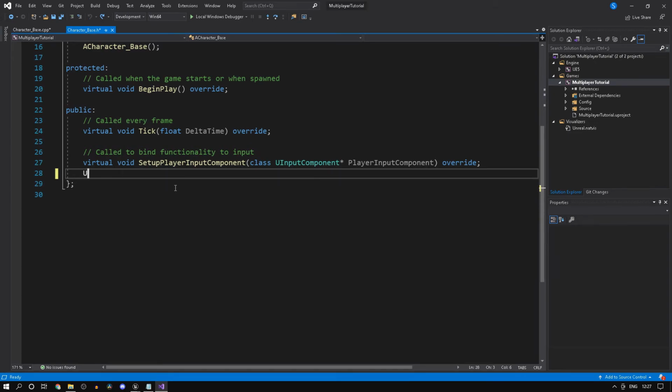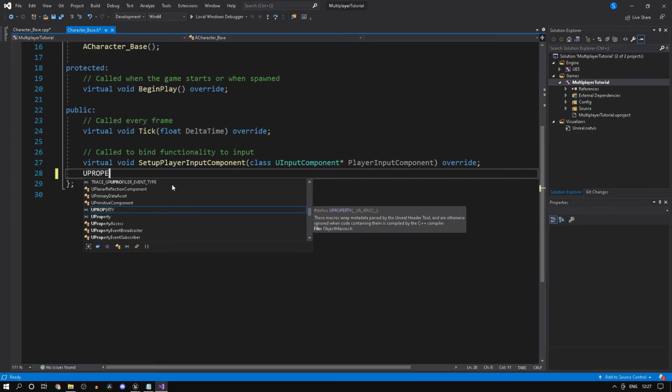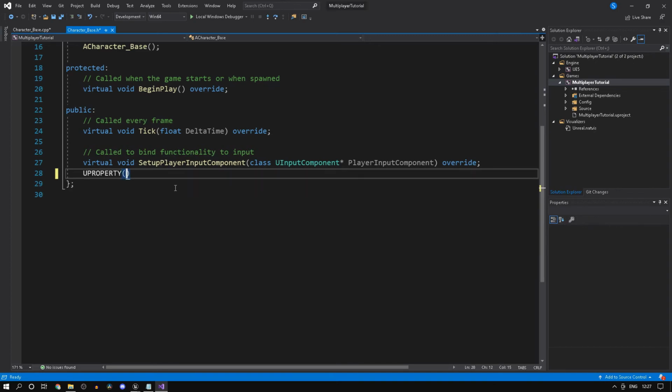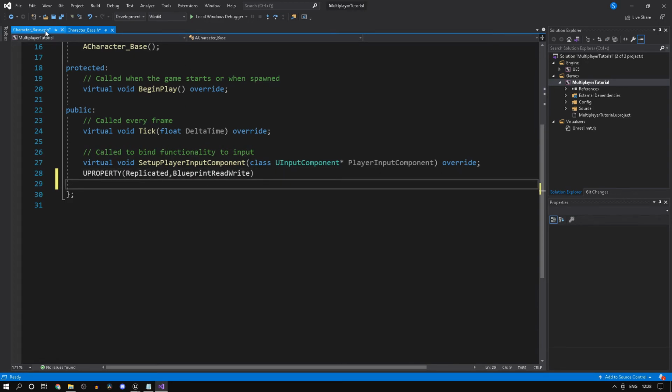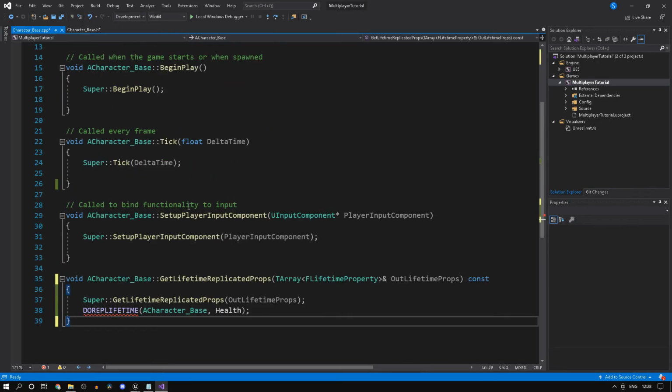So let's use the UPROPERTY macro, and we'll have it Replicated, and we'll give it another specifier, BlueprintReadWrite. What this will allow us to do is make this variable replicated first of all, and moreover this will be exposed to Blueprint, so we'll be able to continue our logic over there.